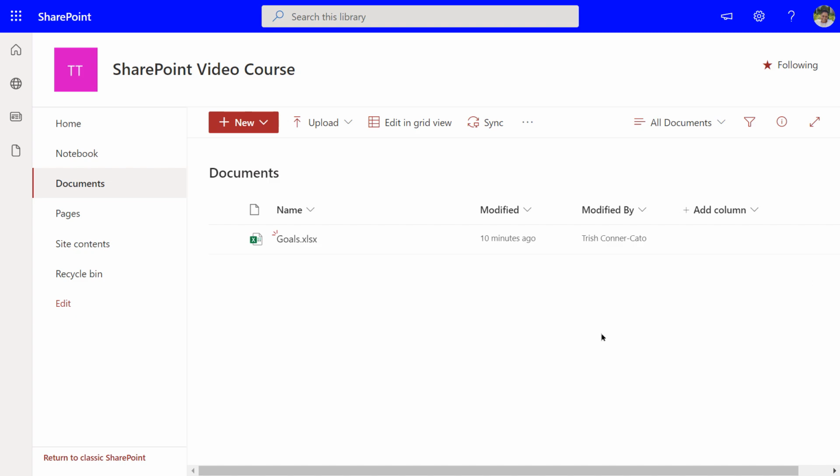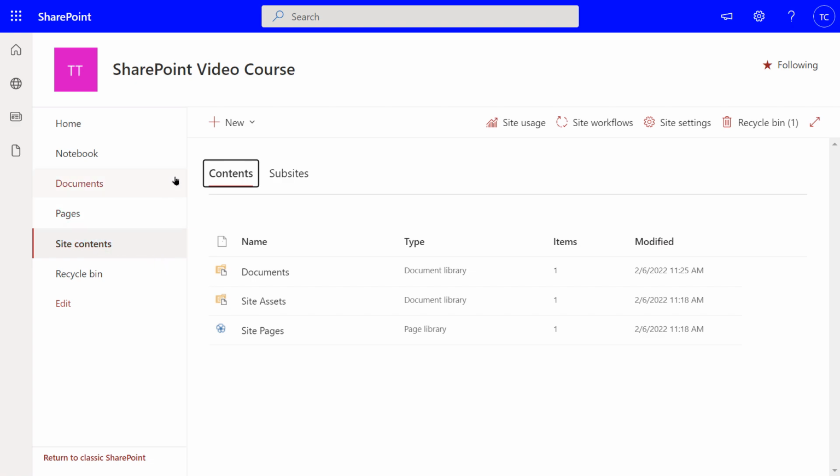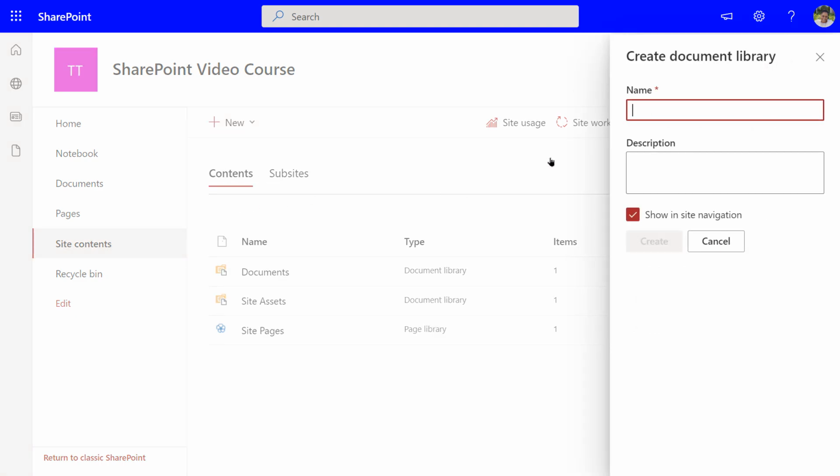I usually go to Site Contents to create anything new. I'm going to go to Site Contents on the quick launch. And at the top, you'll see your new button. Notice these are all things that came with the team template that we used. We haven't created any of this. So now we're going to go to the new button, which is contextual to this screen, and we're going to choose Document Library. And we're going to name our document library Management,